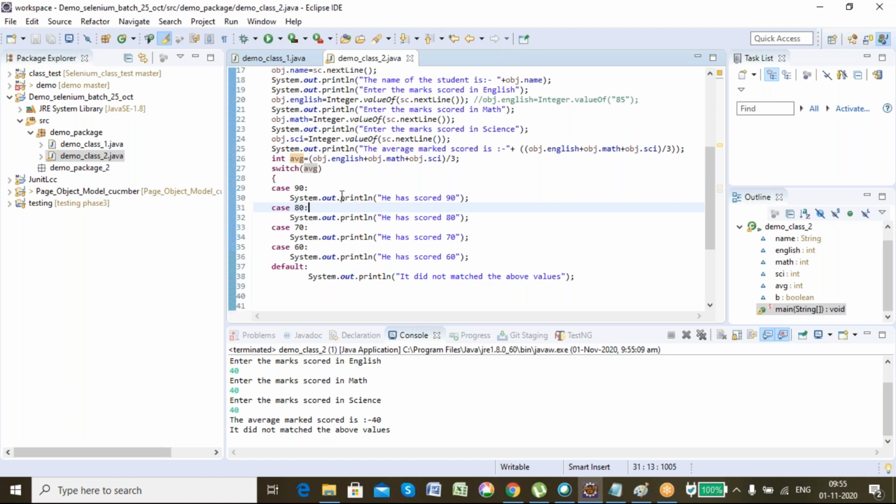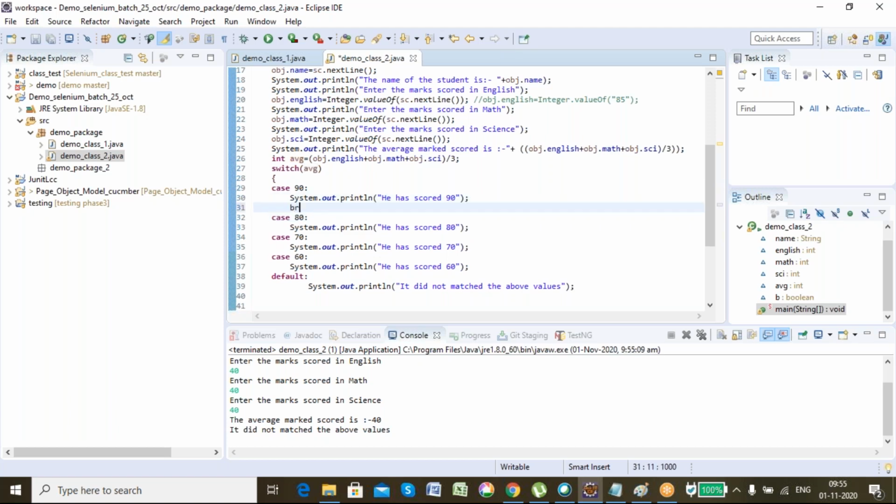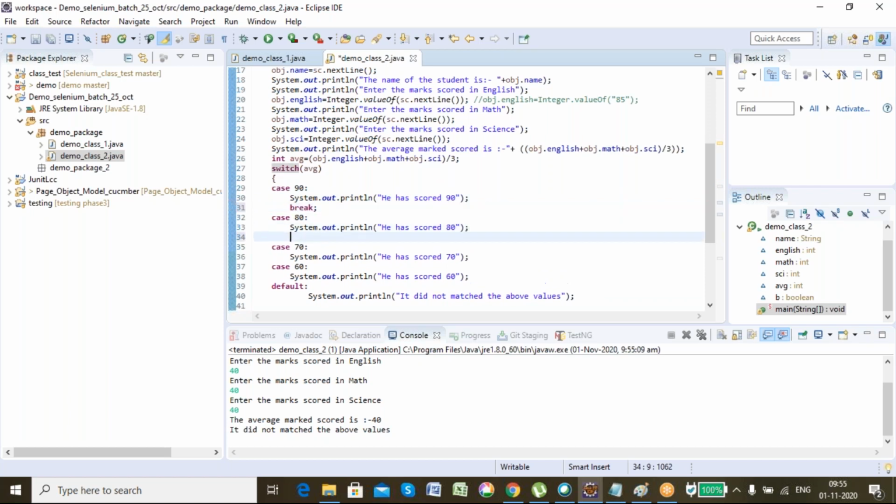So what I'll be doing here is adding a break keyword after every case.